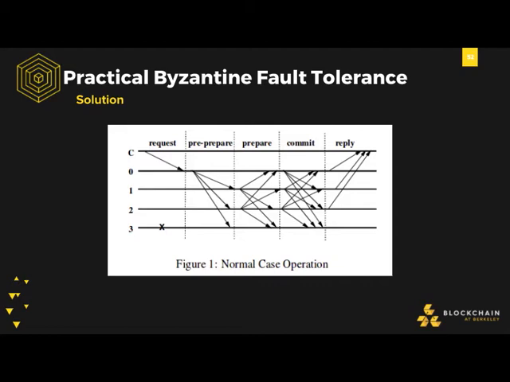Once a node receives enough commits, 2f+1 is the number of commits you need to receive, because that accounts for f faulty nodes. Because f nodes can just never tell you anything. Once you receive 2f+1 commits that are all the same, you know that, okay, we've all agreed on this. So now we can go and compute and tell the client the response. So this is one way that you can achieve Byzantine fault tolerant consensus, and it's pretty fast. It ends up being only 3% slower than the unreplicated case, and that 3% comes from network lag, basically.